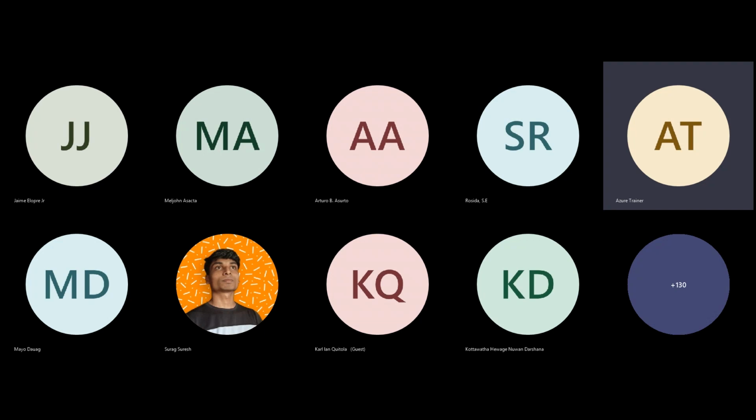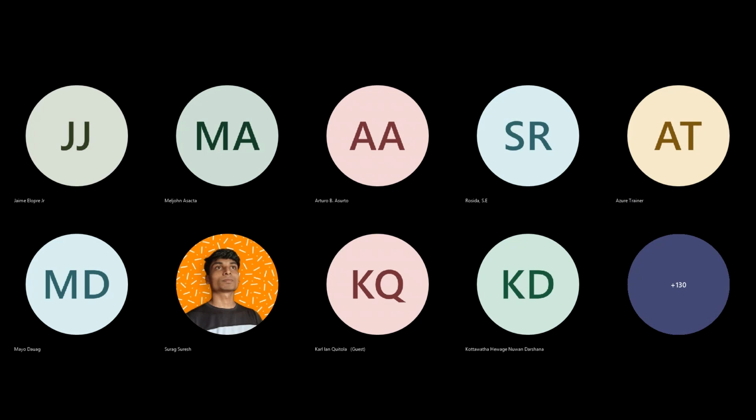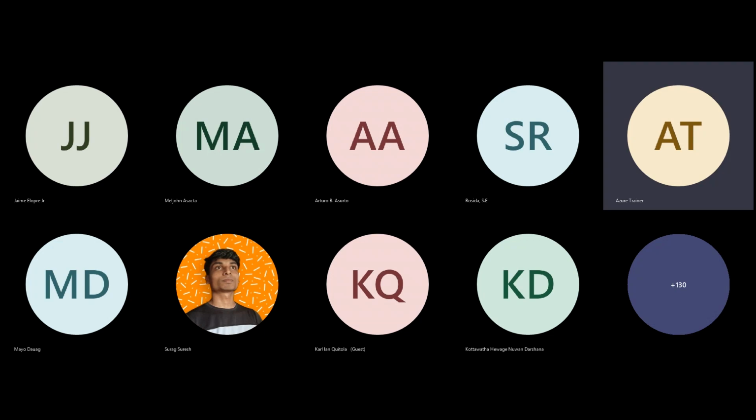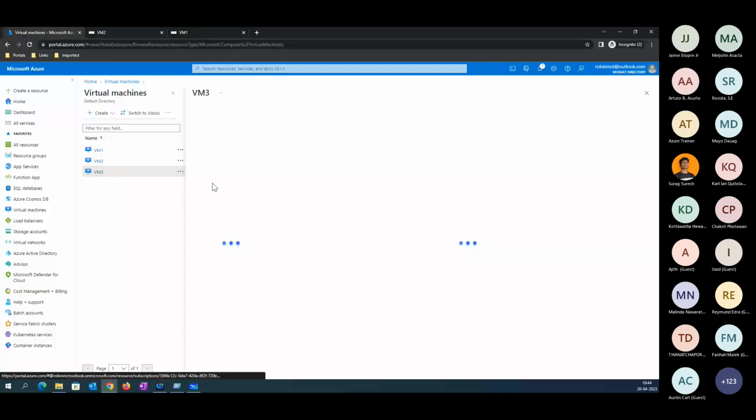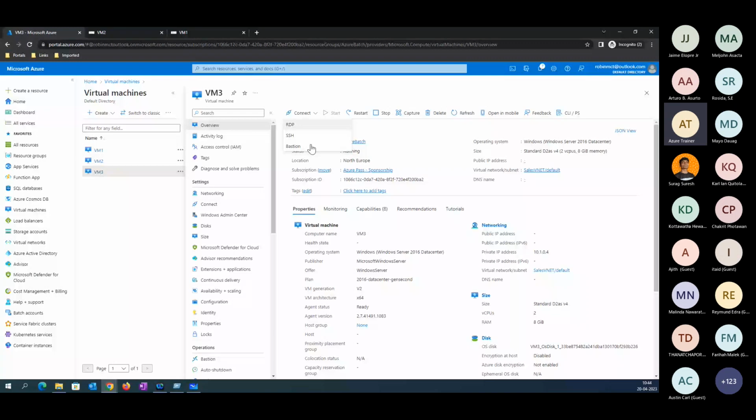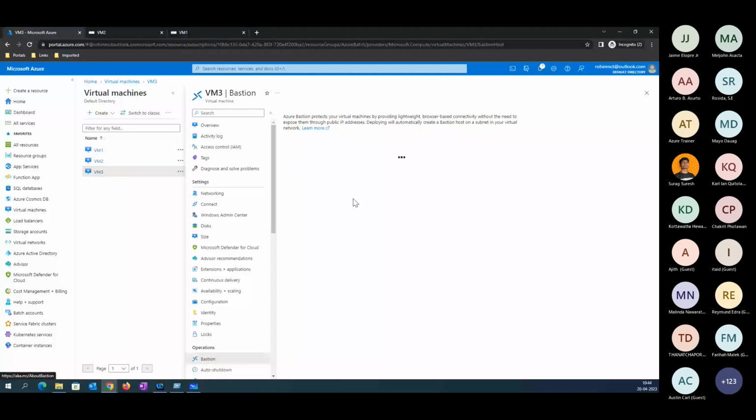There is no VM bastion or VNet bastion. Whatever bastion you have enabled, that has been enabled at a VNet level only. In case you are configuring a VM bastion, the moment you go back to the VM and enable a bastion service, technically this is creating on top of a VNet only. The moment you select the bastion option here, this actually deploys a bastion at a VNet level only. Clear?